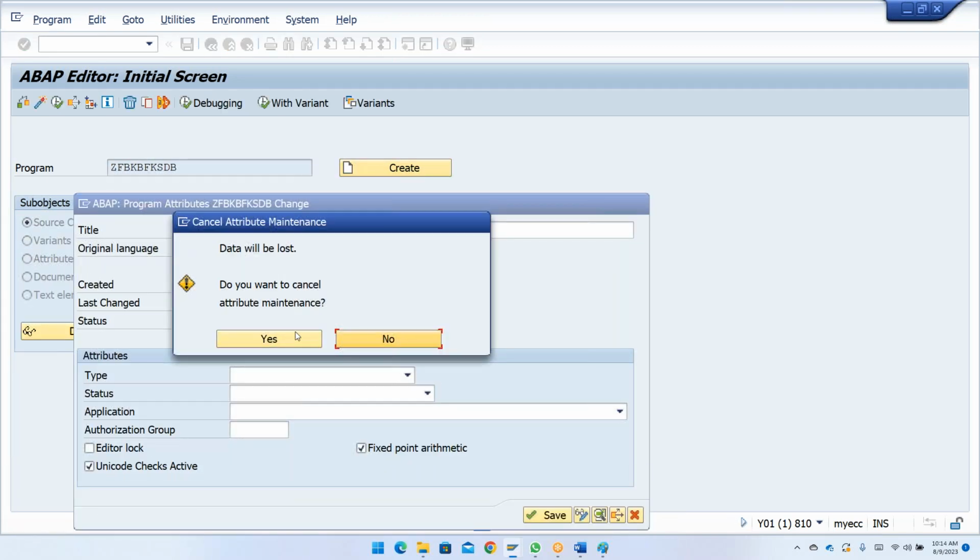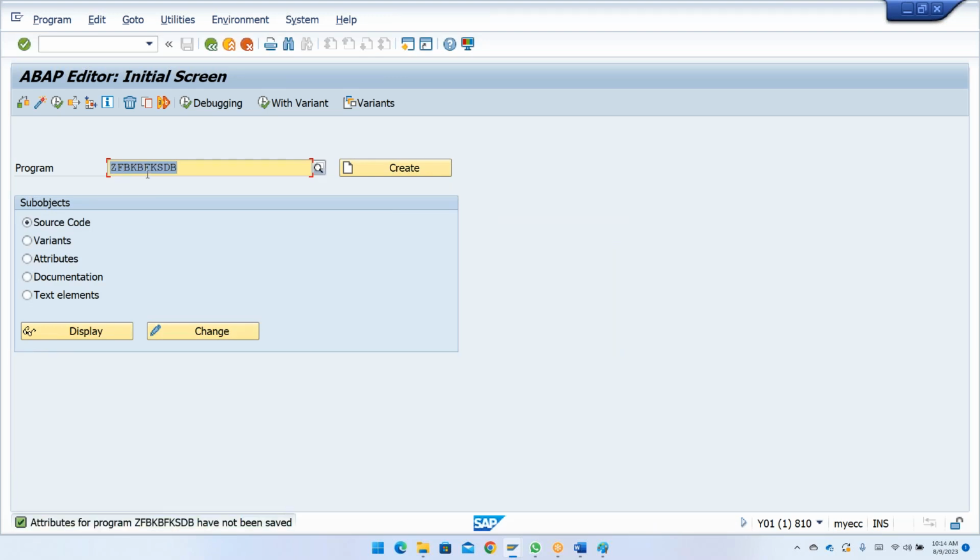With the help of this, are we able to know what is the purpose of creating this program? No, we can't identify. We have to take a deep dive into the program, and only then can we understand the purpose of creating the program, who our functional consultant is, and all the details. So to avoid that confusion, we have